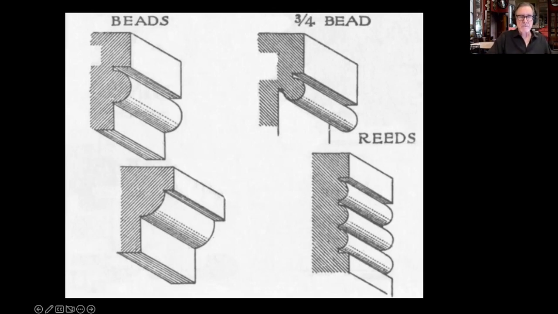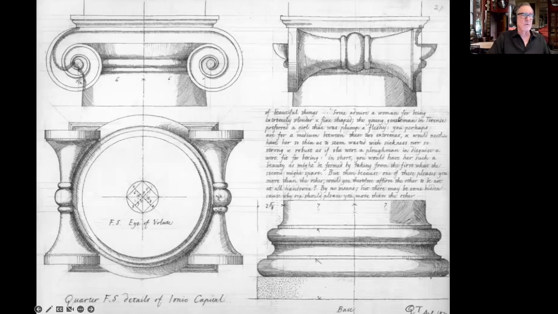So let's look at a few examples. Here's a beautiful drawing by Francis Terry from Quinlan Terry's office. This is a drawing of several views of elements of the Ionic capital and base moldings. You can see in the lower right here, we talked about the Attic base, which is